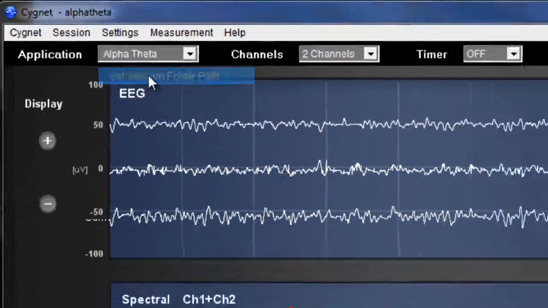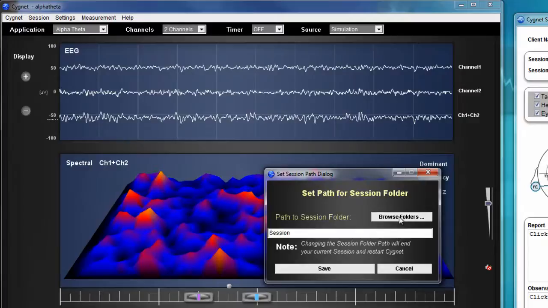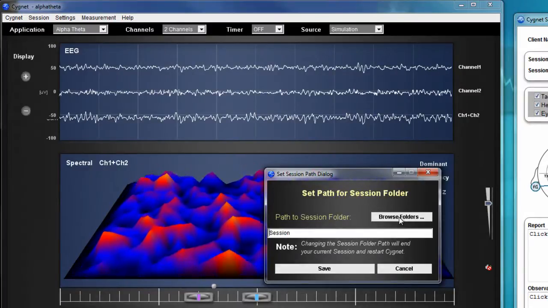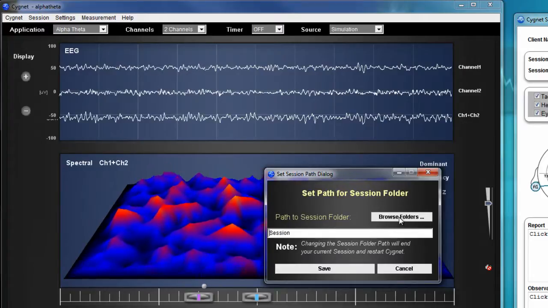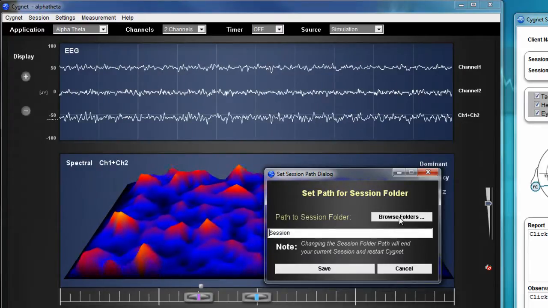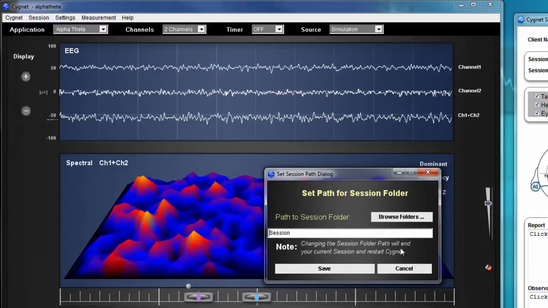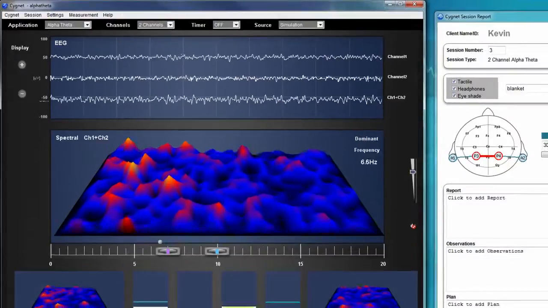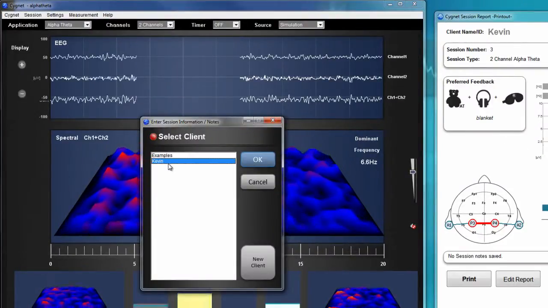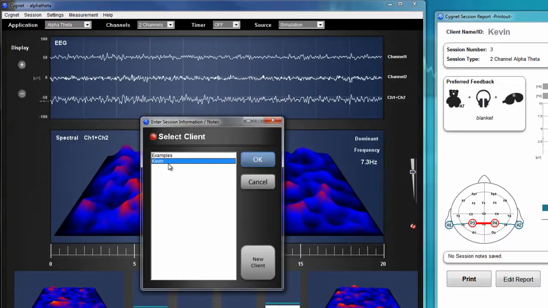session folder path, I can actually select a network location. So if I hit browse folders and I have a network location set up on all my clinic computers, I can actually select a network location to be the session folder path. That way all of the session folders are going into one location. And then if you go on to any system and you hit record and you see that list of clients, you're going to see the same list of clients as every other system in your office that's on that network